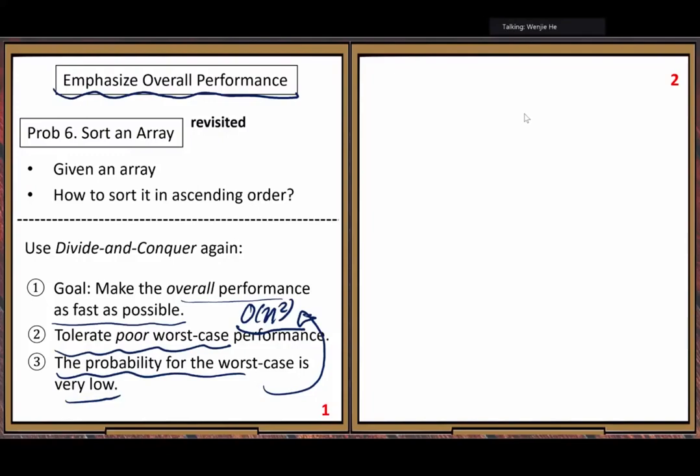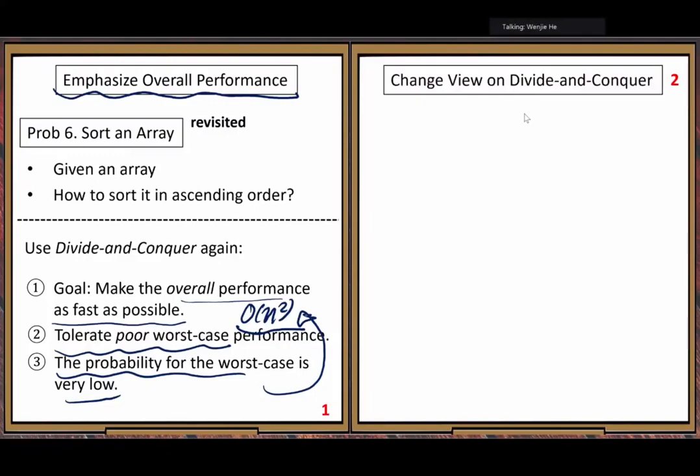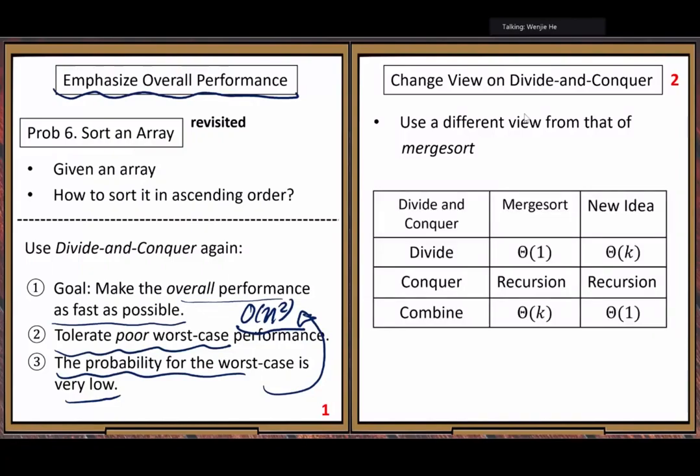All right. How to change the view? We need to do a comparison. We need to recall how we did the merge sort. For merge sort, divide and conquer, there are 3 steps: divide step, conquer step, and combine step.